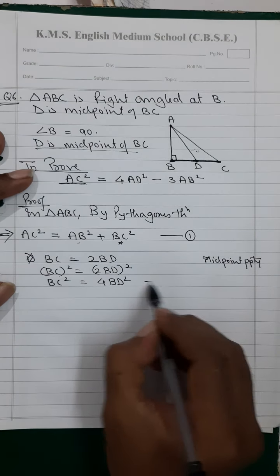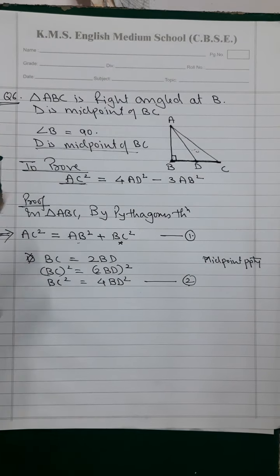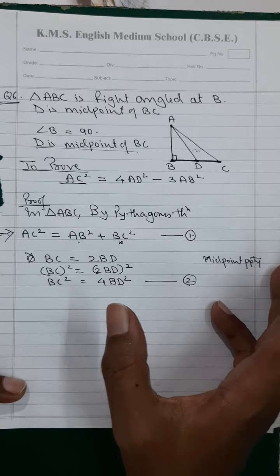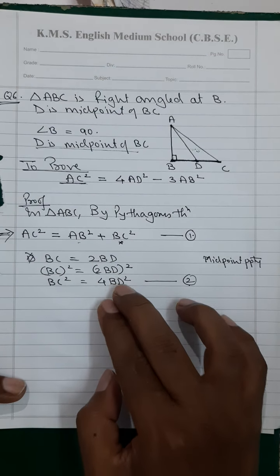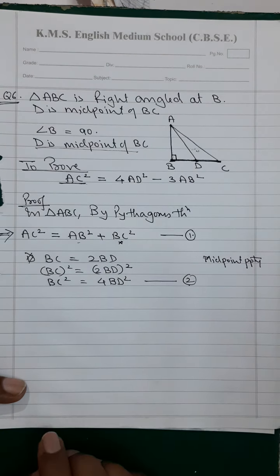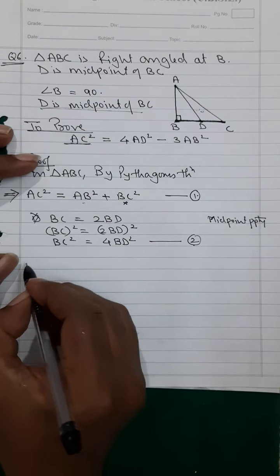Fine. So now this 2 I will substitute in 1. That's what I am telling you. This is the first phase. Once your first phase is over and your left hand side is ready, the second phase starts. In the second phase, whatever the unnecessary terms are, you will find the expression for those terms, and then go on substituting those expressions in the main equation. So your main equation takes a different form now.